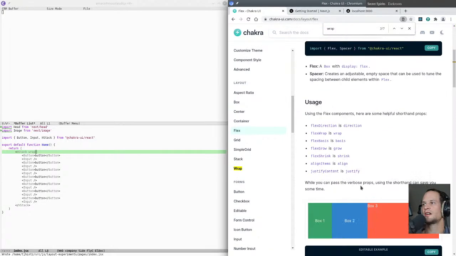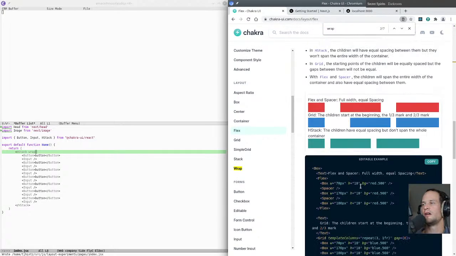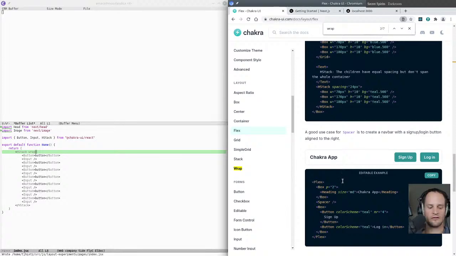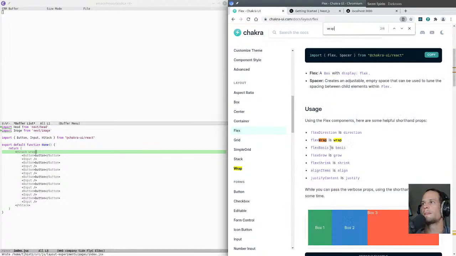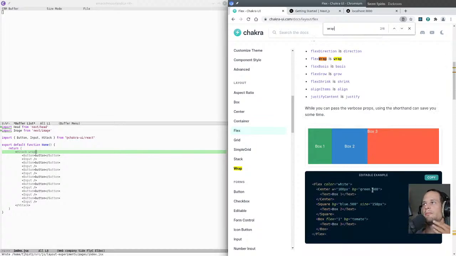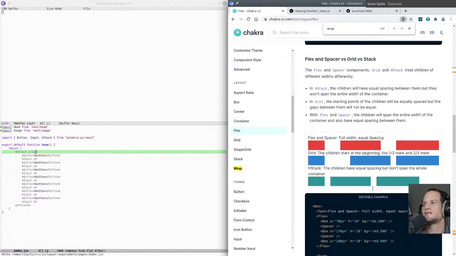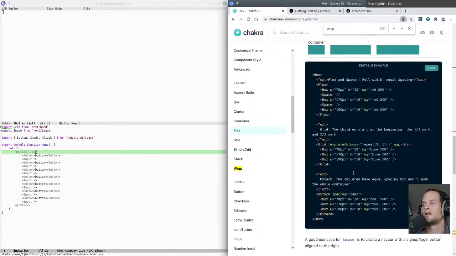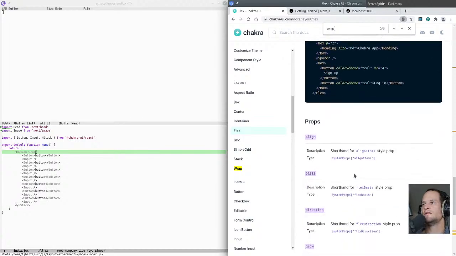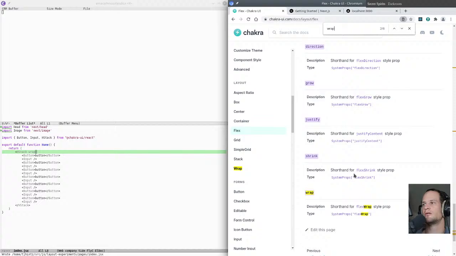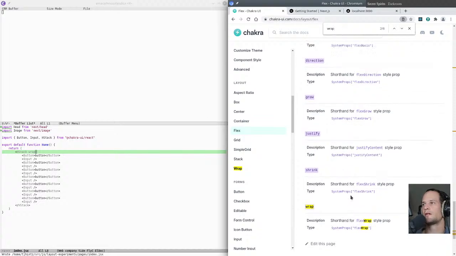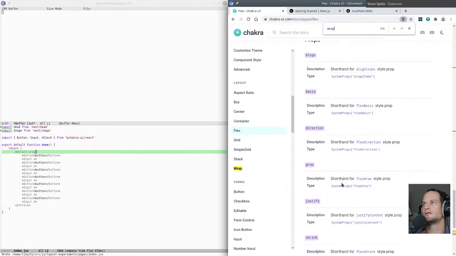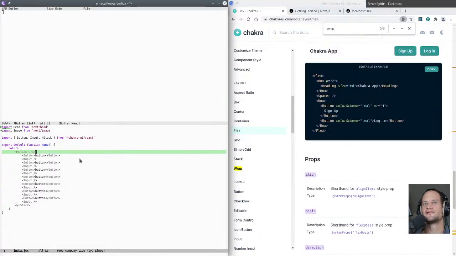So next I'm going to check out the flex component, and we'll do the same thing. Maybe that's all we need is flex wrap. The question then becomes, if we use this flex box, how do we get even spacing between our components? We shall find out. I know there are CSS properties that we could use to achieve some of this,